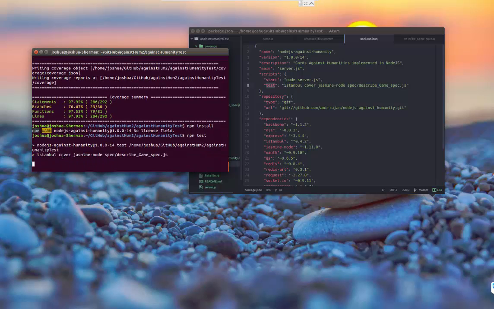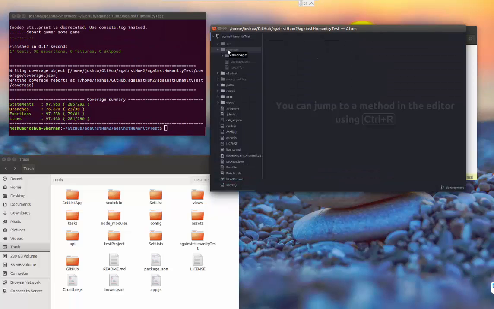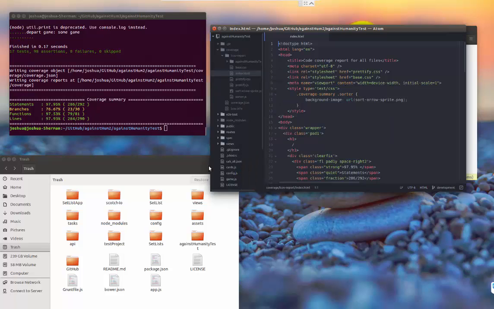When we run the test, you can see that it is running the test and it gives us a coverage report. We can navigate to view the coverage report by going to where it says here is the location for the coverage report, which is located here, and then local report, and then the index file here. So now if I copy the full path